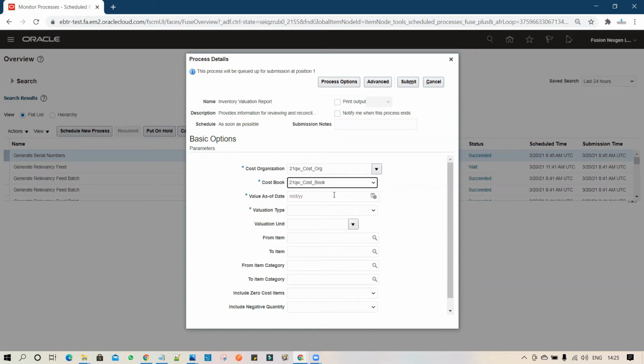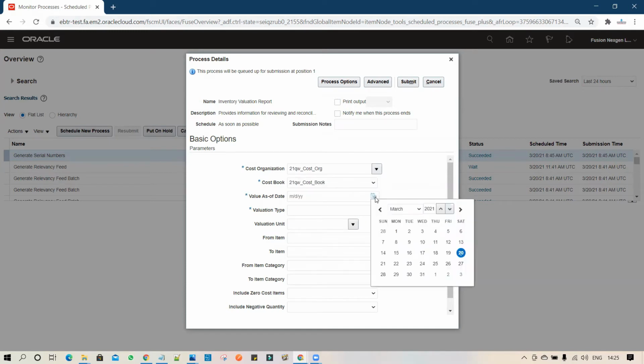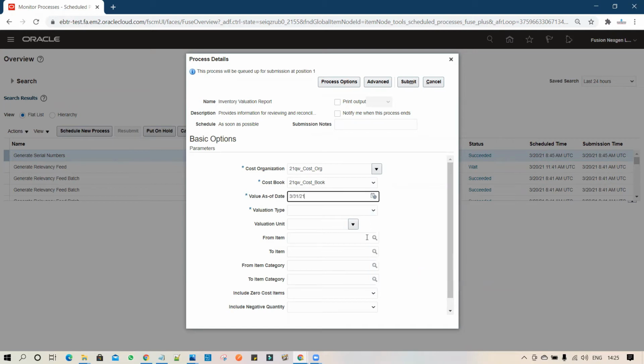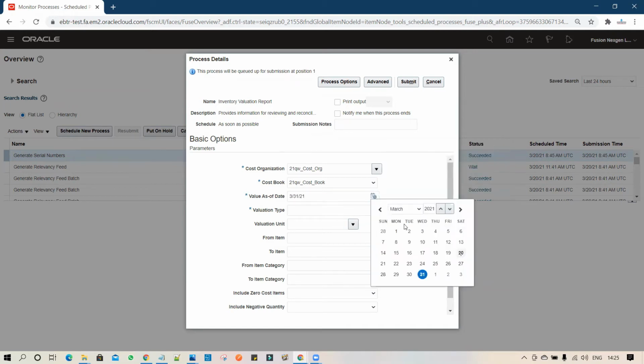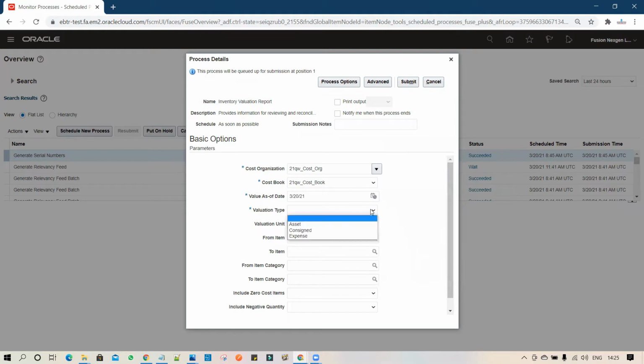Under the parameters, I selected the cost book and then the valuation date. I set it up till the 30th, and then the valuation type. I want asset type, consigned or expense, so I set it up as asset.